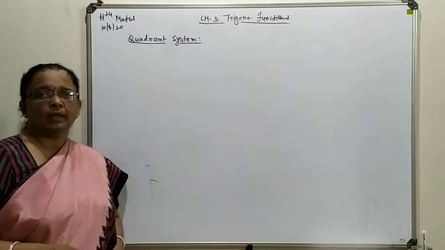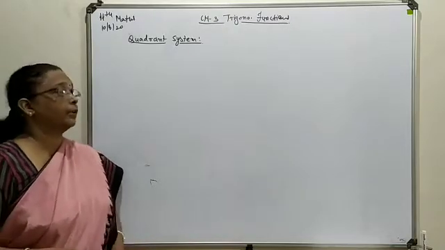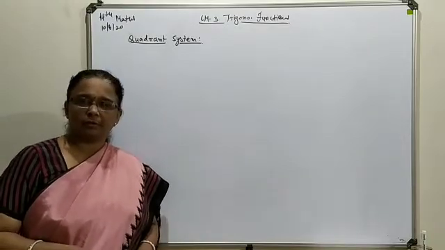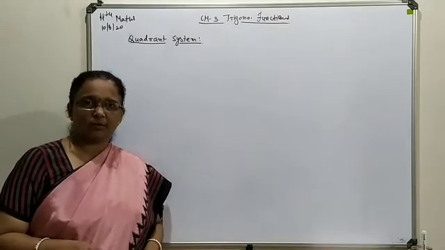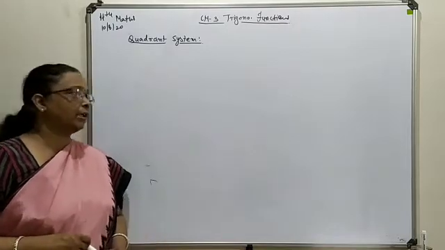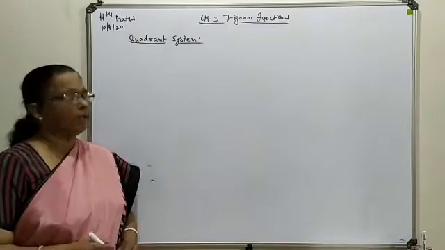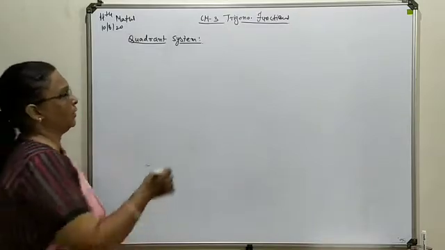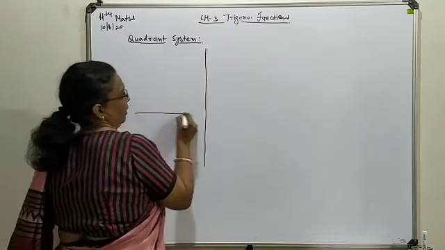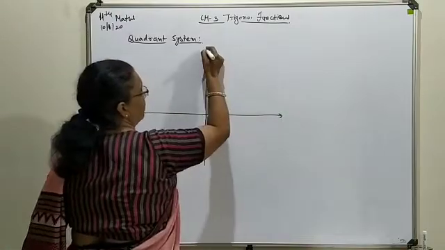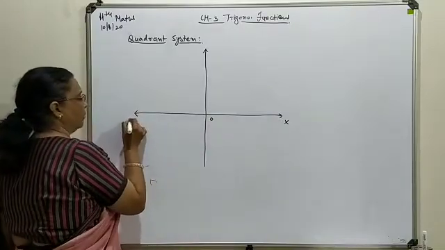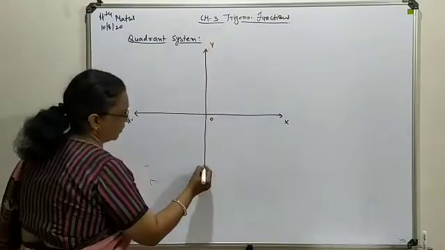Hello student, in last class I introduced you to the quadrant system. So today in short we are going to revise what the quadrant system was and how the angle is to be represented in each quadrant, especially in the third and fourth quadrant. So let's try to understand this diagram again. In short we are going to revise the same thing, so that what we discussed in the last class will be more clear to you.